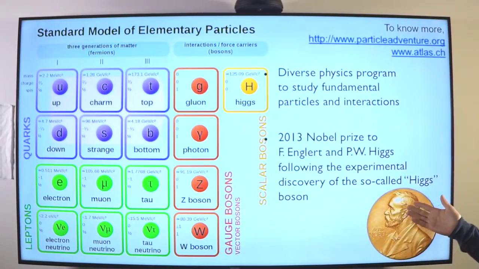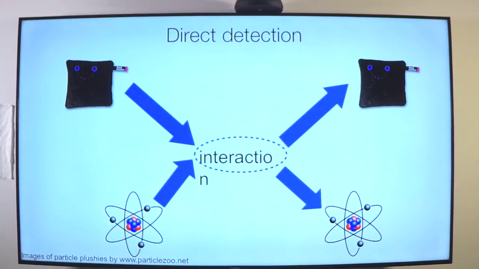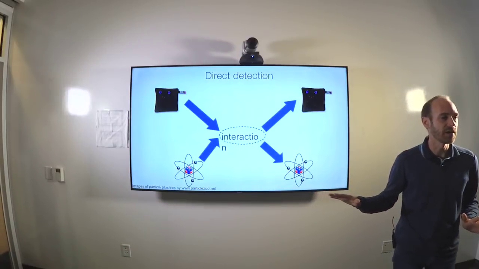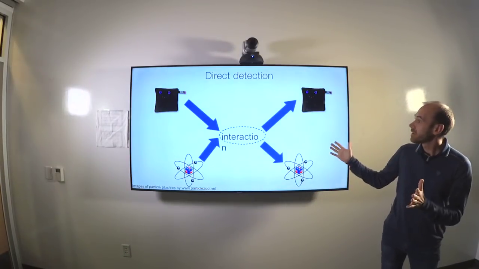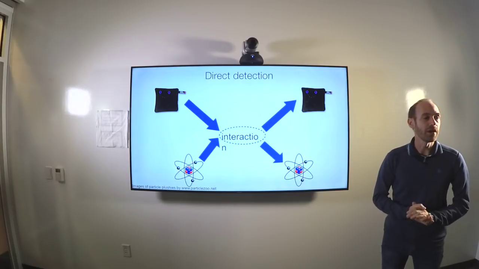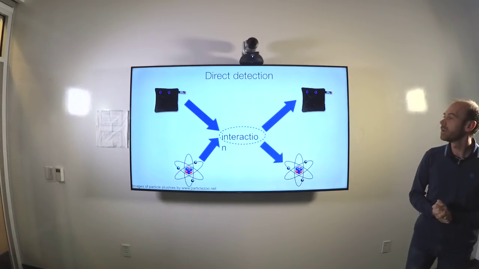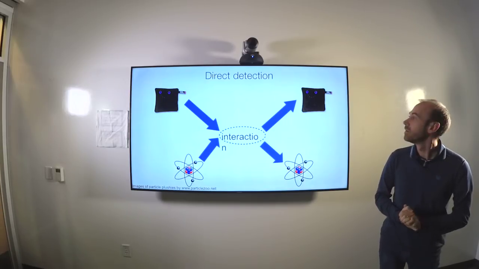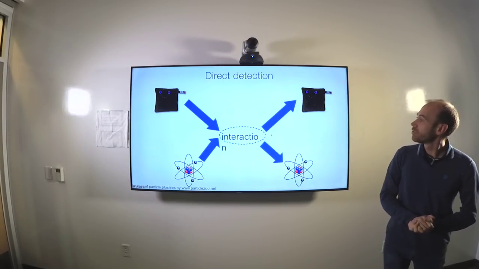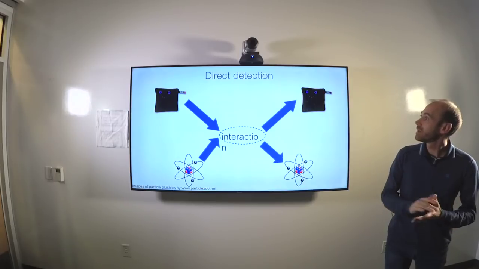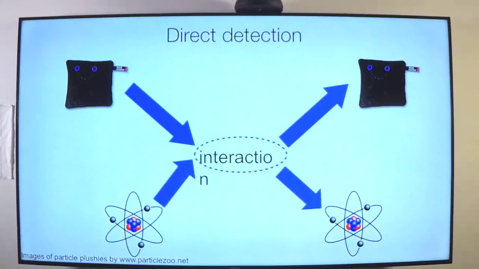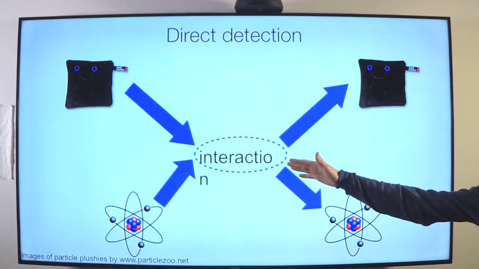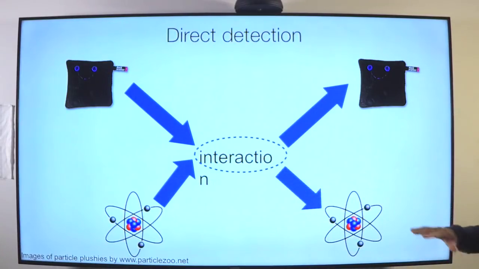So now let me tell you a little bit about how we look for dark matter. One thing we know is that dark matter is none of the particles I showed in the last slide. It must be something different that we haven't seen before. We have basically ruled out that any of the existing particles can account for dark matter. This is a sketch of what Matt and Dennis have already showed you. You can try to detect dark matter from its interaction with ordinary matter and look at the effect of dark matter bouncing around through ordinary matter.